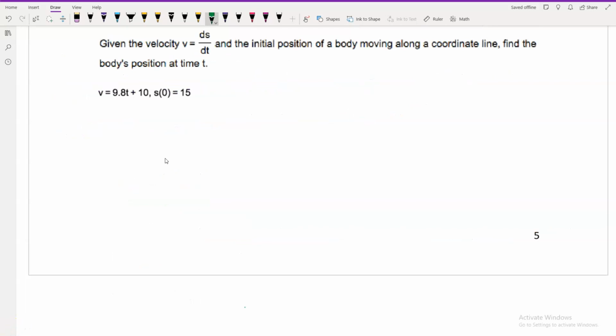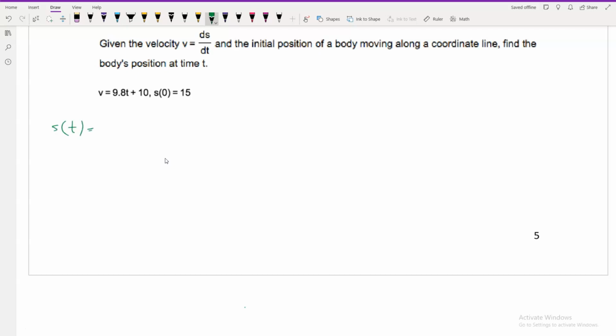Given the velocity v equal to the derivative of s with respect to t and the initial position of a body moving along a coordinate line, find the body's position at time t. So velocity is equal to 9.8 times t plus 10, and s of 0 is equal to 15. So v is equal to the derivative of s with respect to t. We have to find s of t. So based on what we have for velocity,